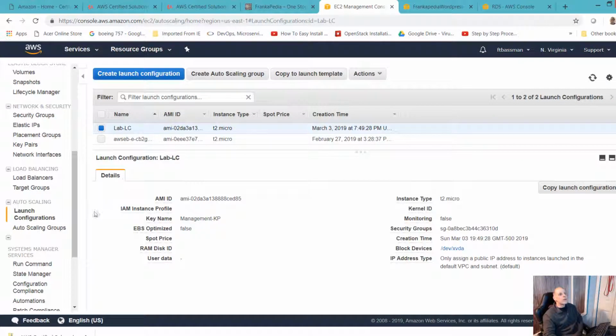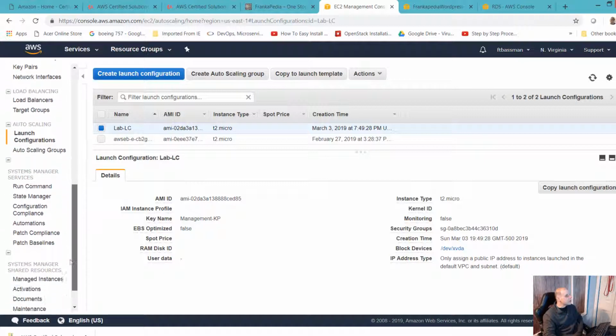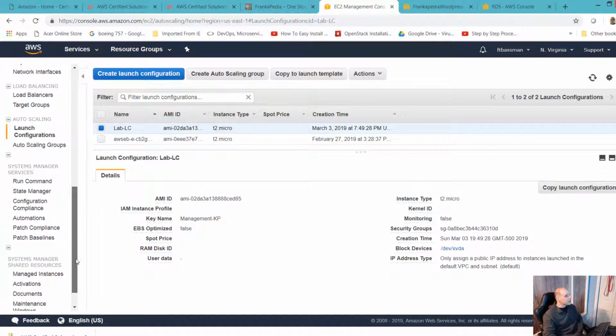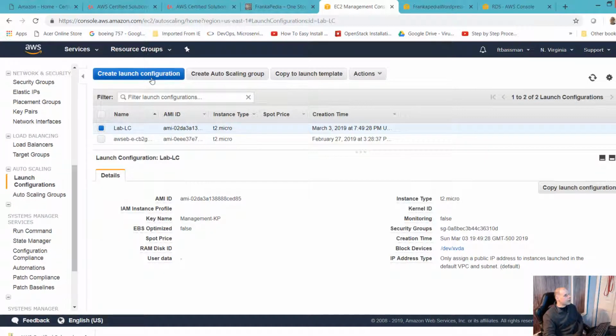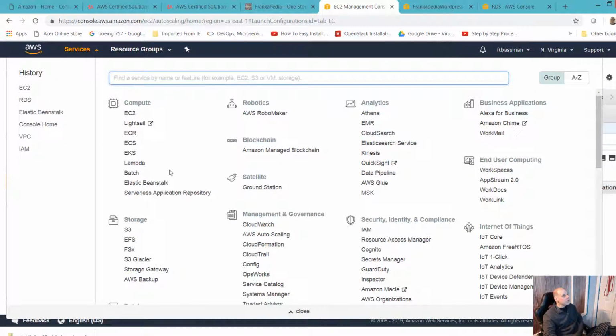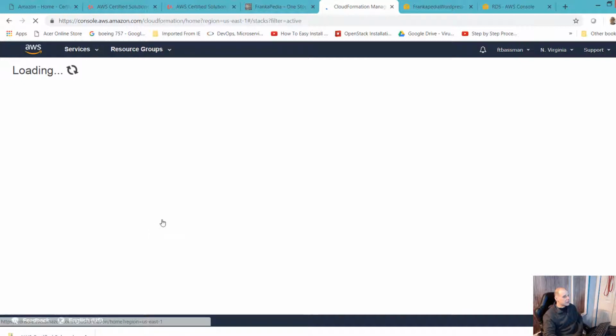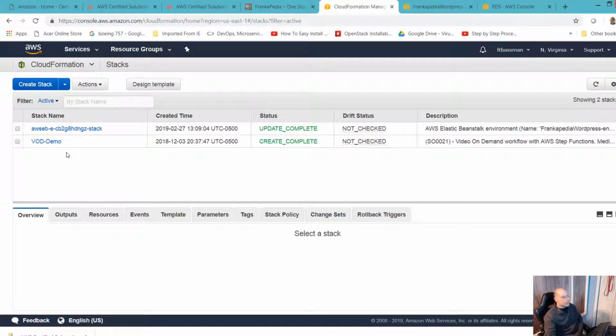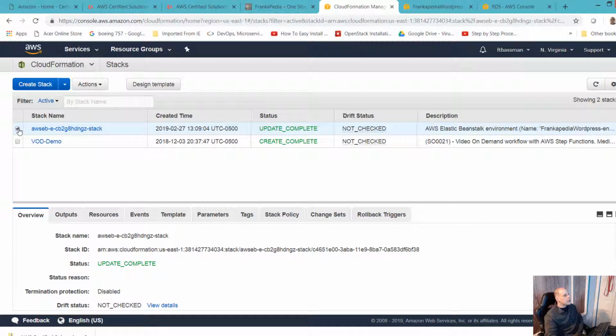Let's see, what else do we have here that I can show before I wrap this up? Oh, pretty important that Beanstalk uses CloudFormation. So you could see the stack here that Beanstalk used.